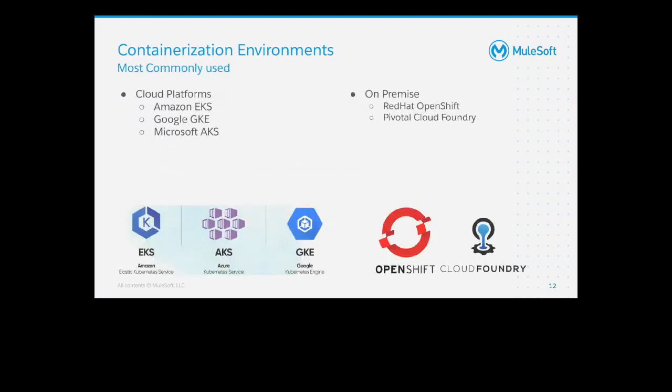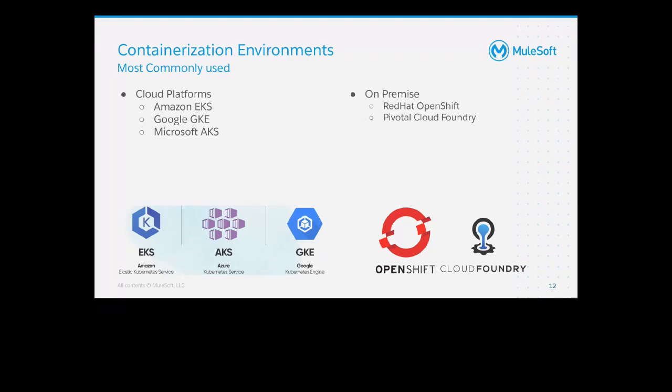But if we go and basically filter out the environments that MuleSoft sees in use with the customers, we see two things. In the cloud platforms, all we hear are Amazon, Google, and Microsoft. So EKS, GKE, and AKS.